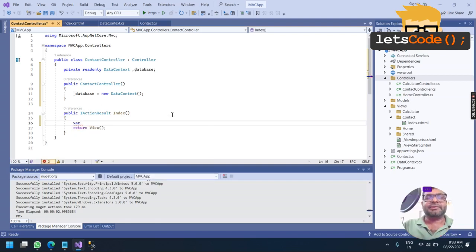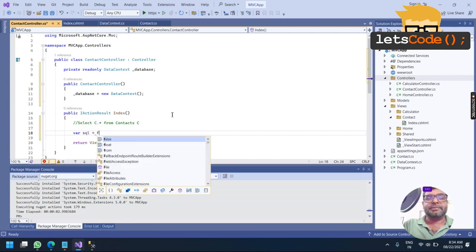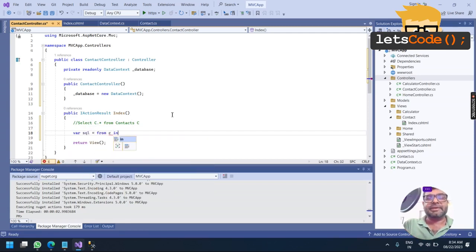Now I am going to write a SQL query. If you have to write SQL in your SQL Server, you will write select c.* from, followed by the table name and alias, where it is select star from table name and alias dot star. If you have to write the same thing in Entity Framework, in LINQ you will have to write it like this: from alias name in database dot table name.